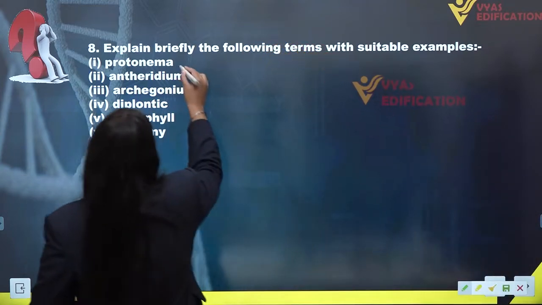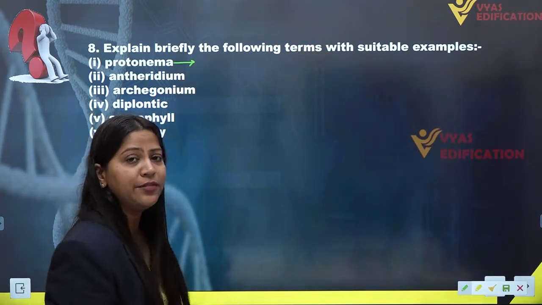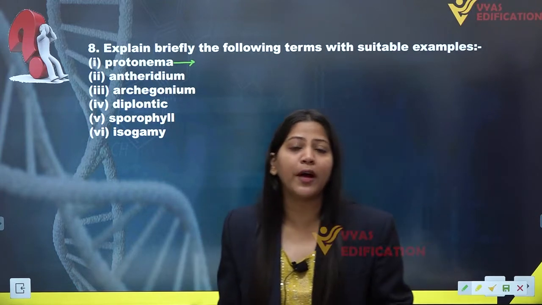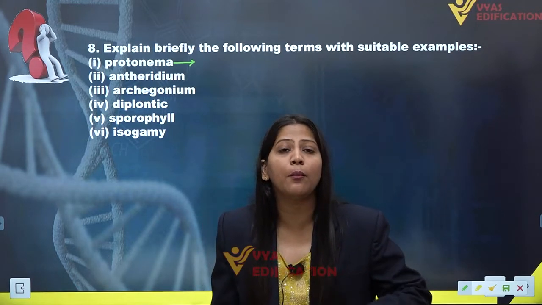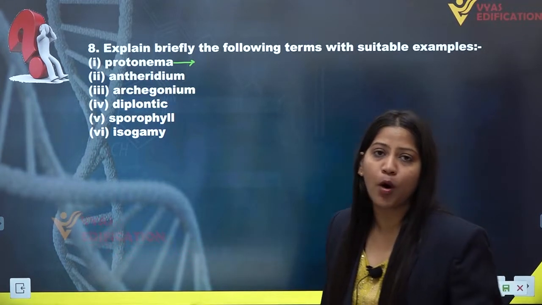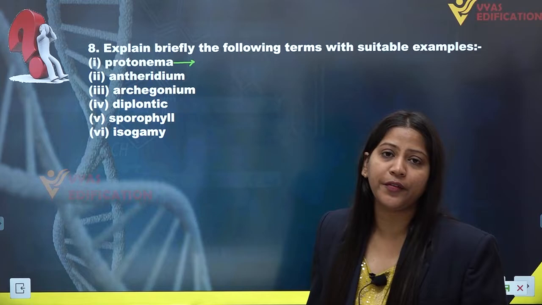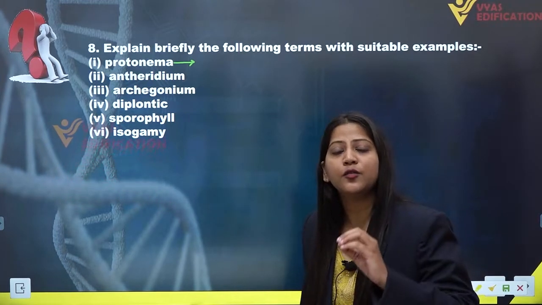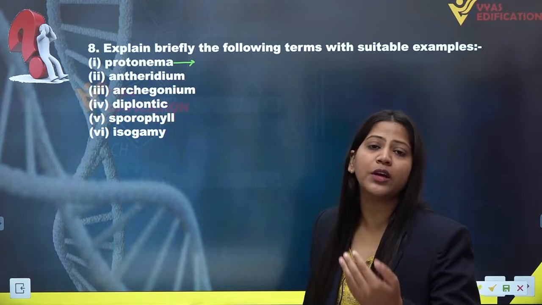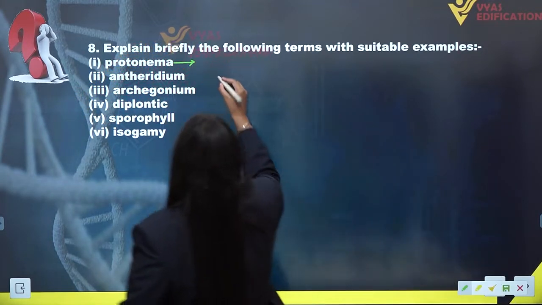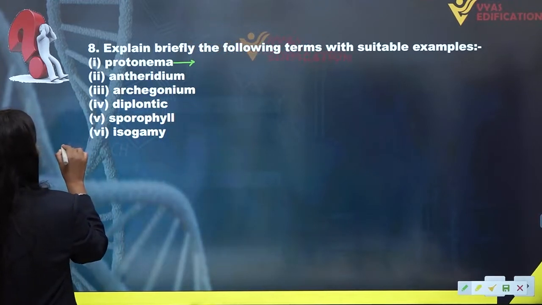Protonema is actually a green, leafy, filamentous, autotrophic, free living gametophytic stage in the life cycle of a moss. Protonema is a stage in the life cycle of a moss which is green, autotrophic, free living. And it is produced from the spore germination, which is going to give rise to a new gametophytic plant. And if we want to write, then protonema is